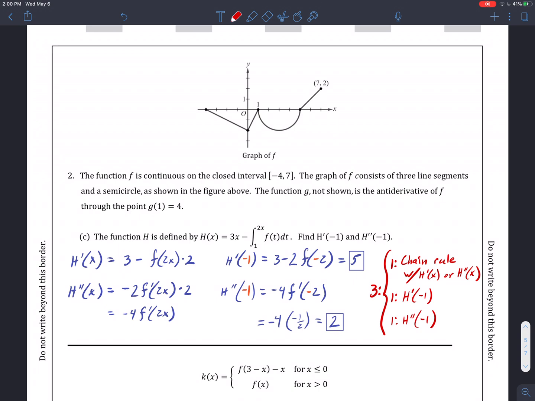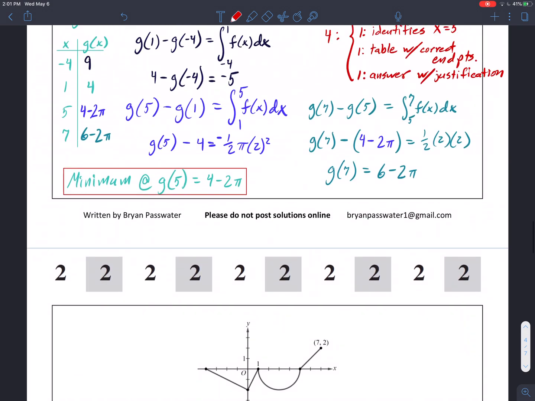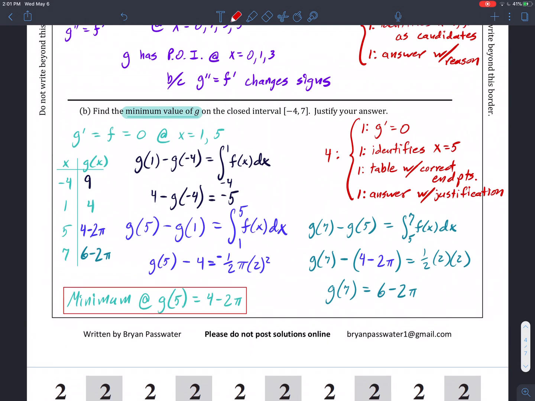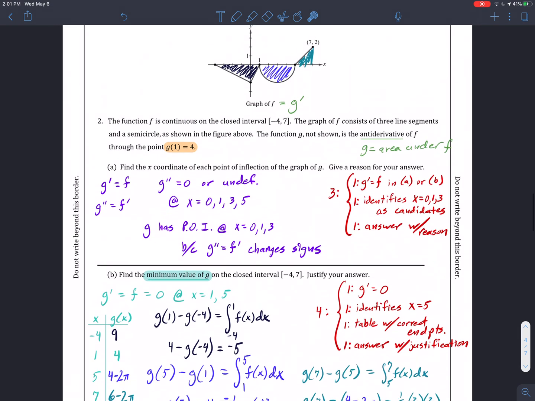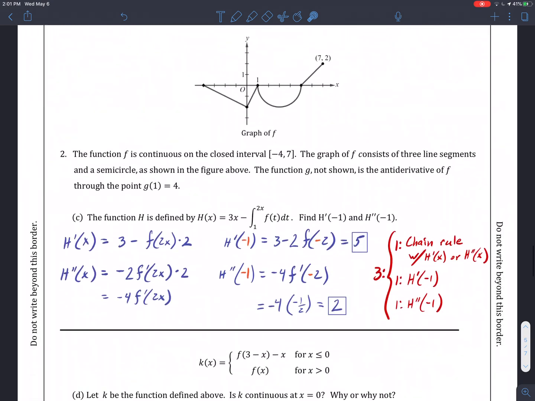Okay, let's finish up the discussion here about question 2. We had just finished in the previous video 2b, which is a fairly difficult problem, where you have to calculate all of the values of g at -4, +1, +5, and +7 using the fundamental theorem of calculus and integration, and calculating geometrically the area under this graph. All right, so moving on,